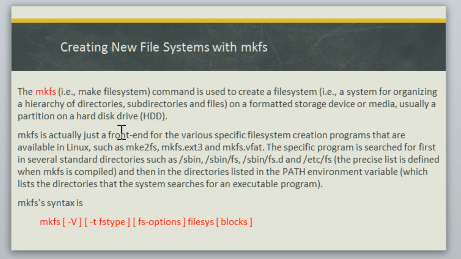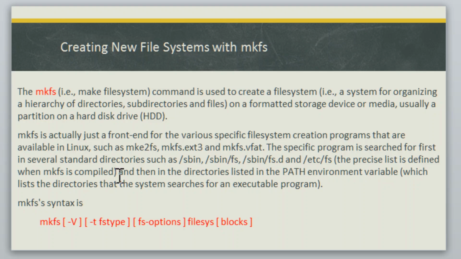Makefs is actually just a front end for the various specific file system creation programs that are available in Linux, such as mke2fs, mkfs.ext3, and mkfs.vfat. And ext3 and ext4 are the typical ones we're going to be using. The specific program is searched for first in several standard directories such as /sbin, /sbin/fs, /sbin/fs.d, and /etc/fs. The precise list is defined when makefs is compiled. Then in directories listed in the PATH environment variable lastly, which lists the directories that the system searches for an